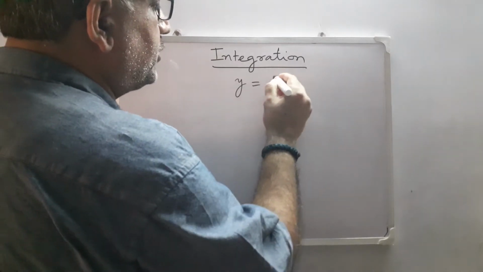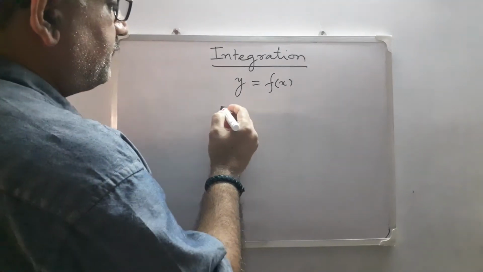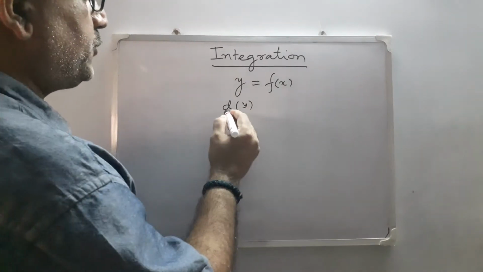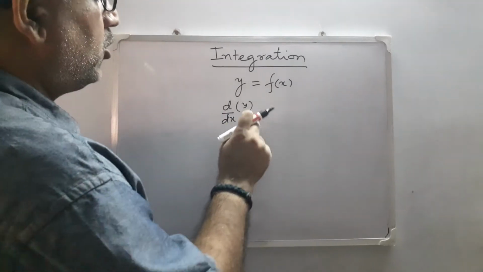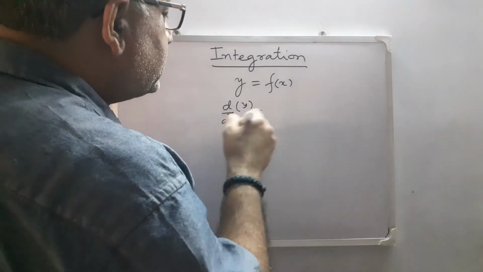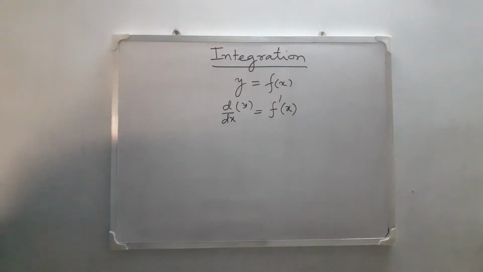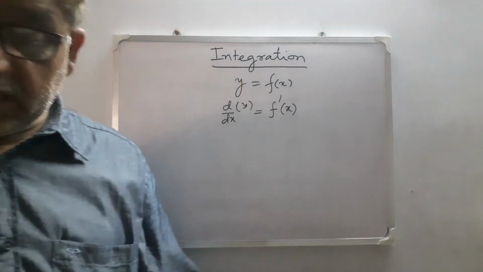In case of differentiation, if we have y as a function of x, then we write differentiation of y with respect to x as d by dx of y, and this differentiation is represented by the symbol f dash x. And we have learned several formulae of differentiation